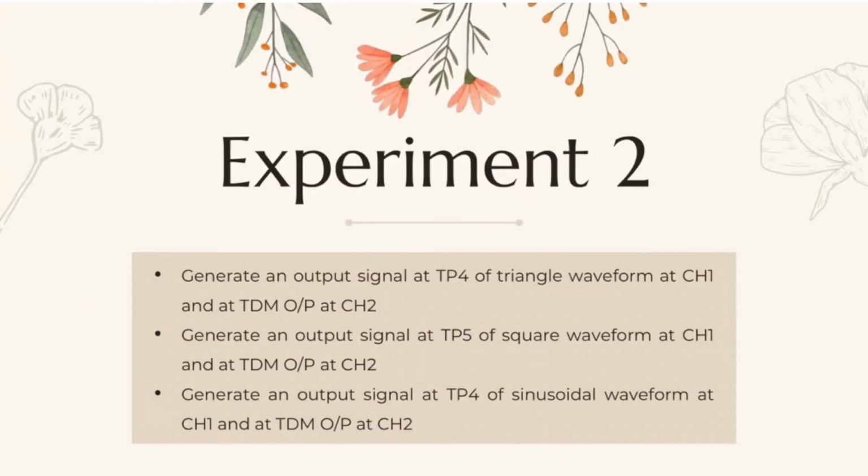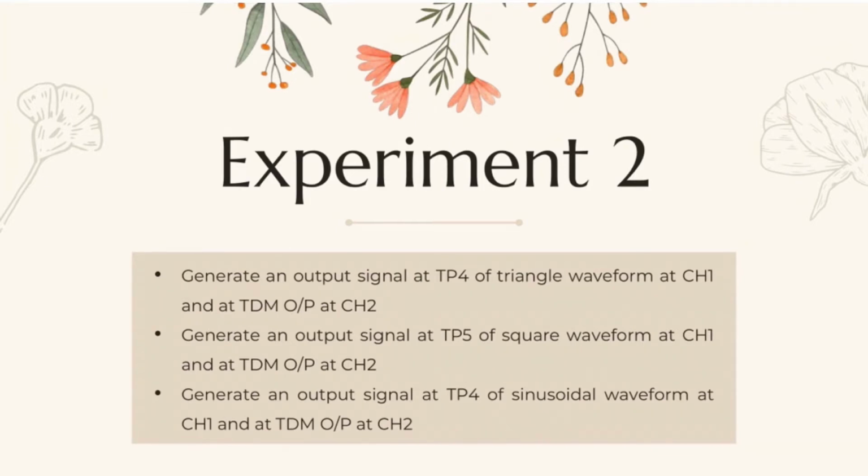And now, for experiment 2, we need to generate an output signal at TP4 of triangle waveform at channel 1 and at TDM output at channel 2, and output signal at TP5 of square waveform at channel 1 and at TDM output at channel 2. And also, we need to generate an output signal at TP4 of sinusoidal waveform at channel 1 and TDM output